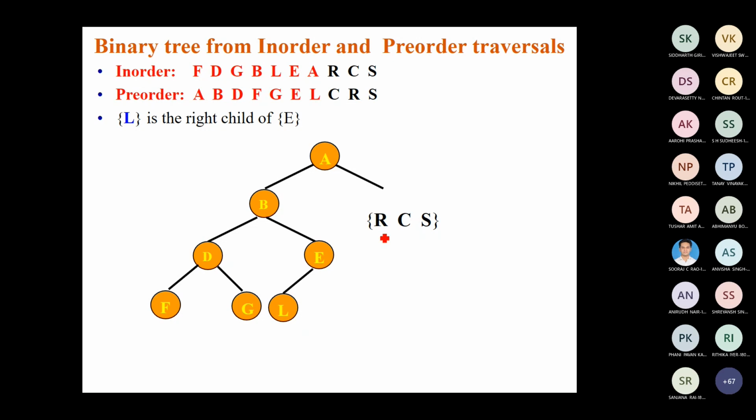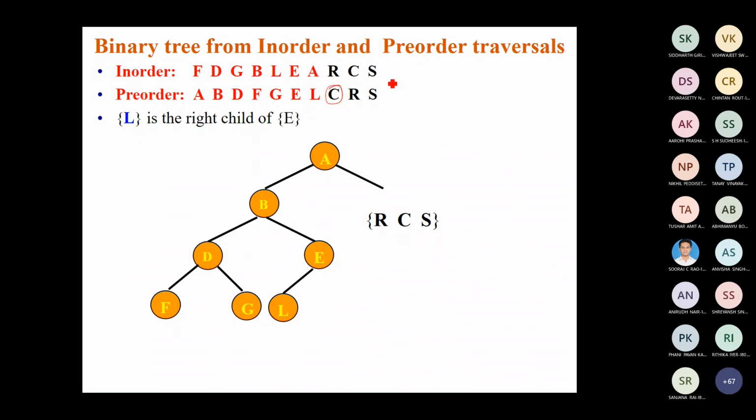That is done. Now you have to consider the next letter in the pre-order output, that is C. Identify C in the in-order traversal output. I am going to use red and black colors in the in-order and pre-order sequences as the iteration moves on. The nodes whose letters are in red indicate that the nodes for those letters are already created and added in the binary tree.